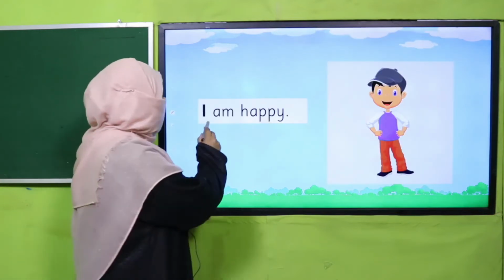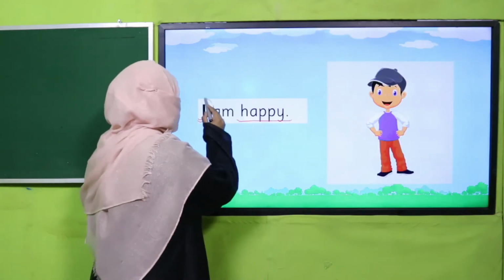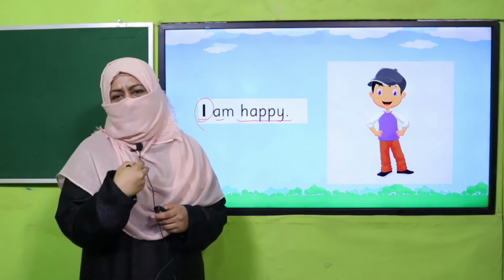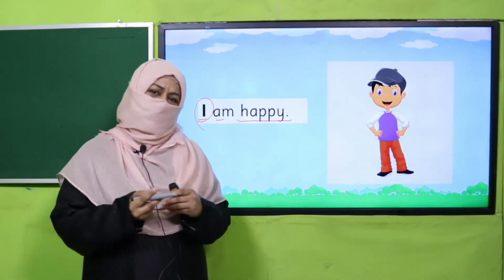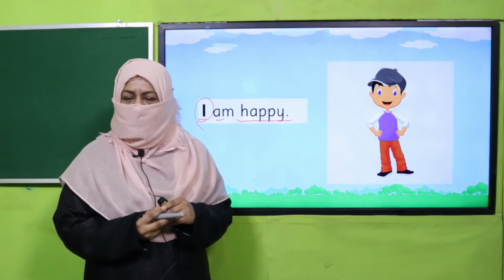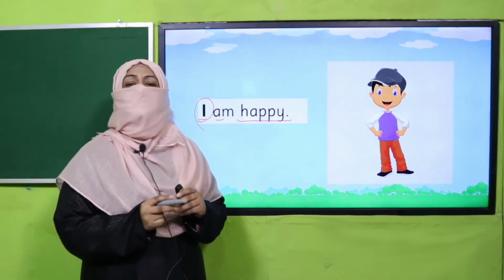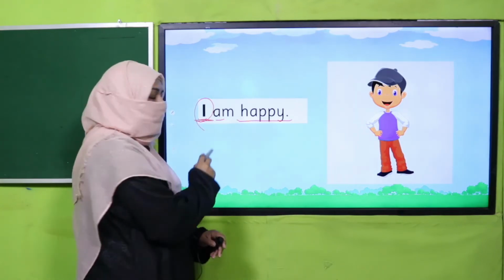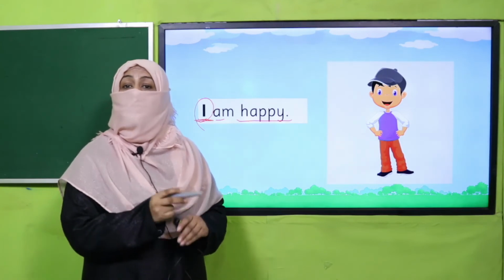Okay. I am happy. So instead of saying my name, I'm saying I'm happy. So it's a substitution word for my name. Are you clear? Now we know about substitution words, and this is how we select a